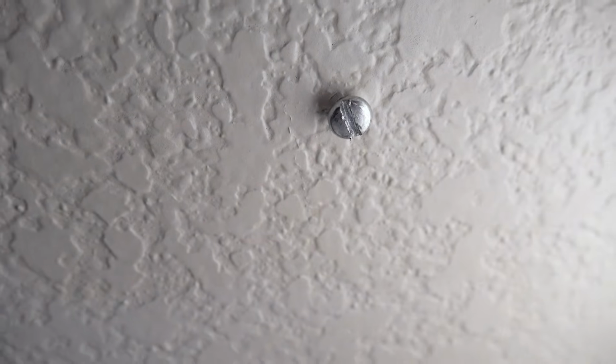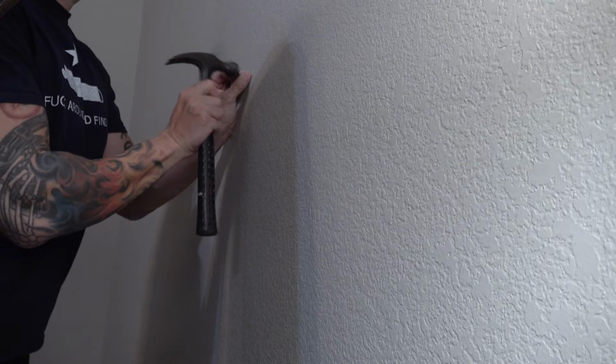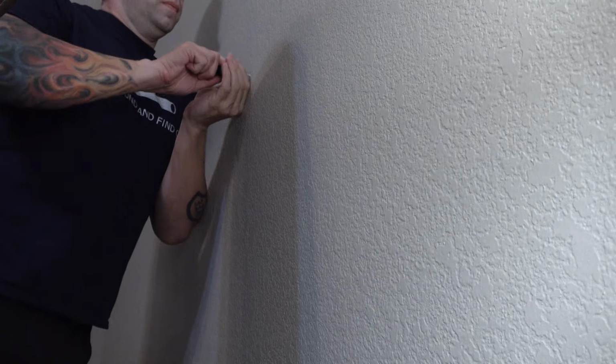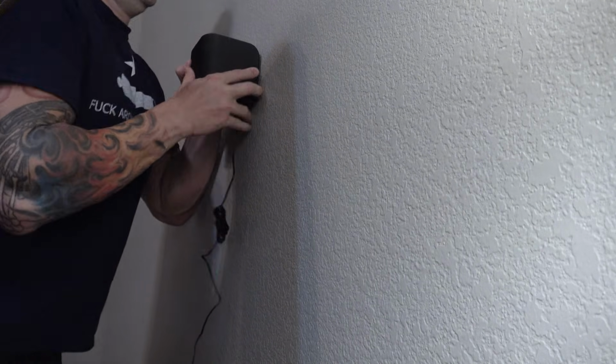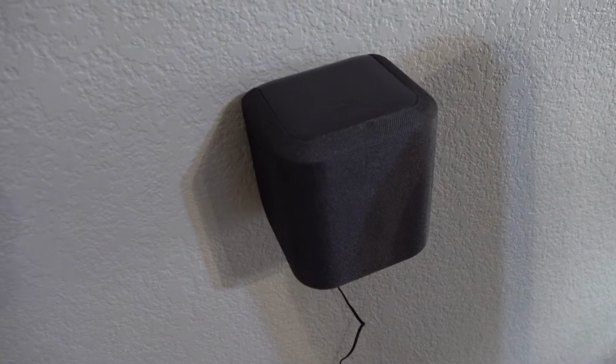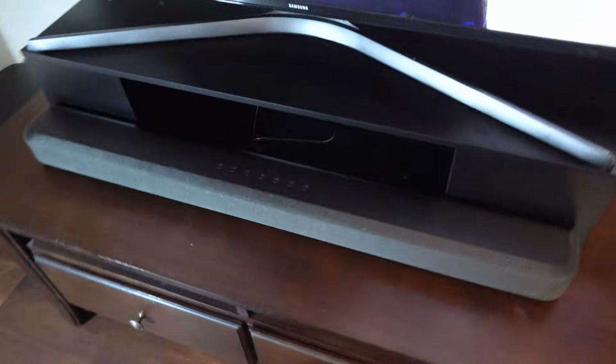Before I put the speaker on, I'm going to measure that distance from the floor, so that I know how high to put the one on the other side. There's one. And there's the second. When you're done doing the installation and everything checks out, make sure you tuck all your